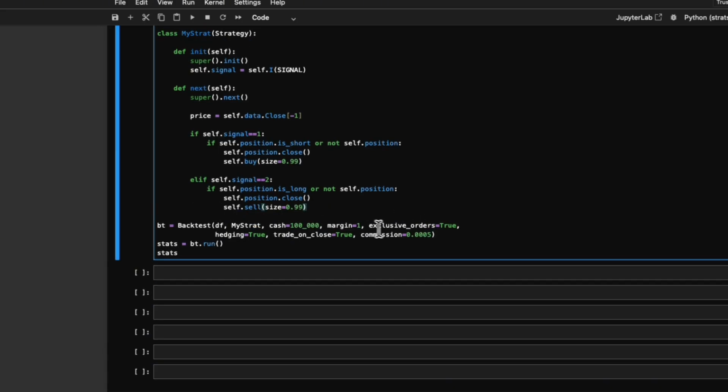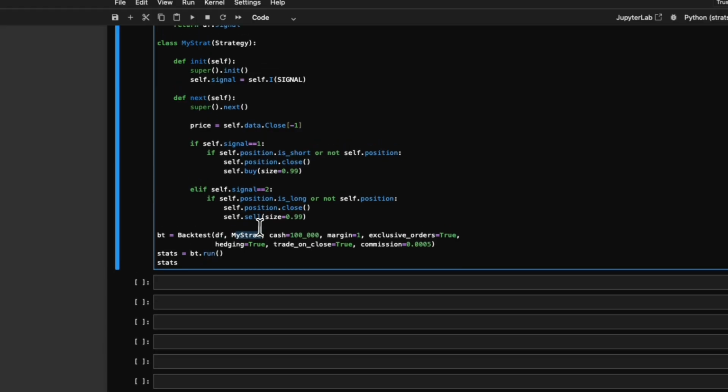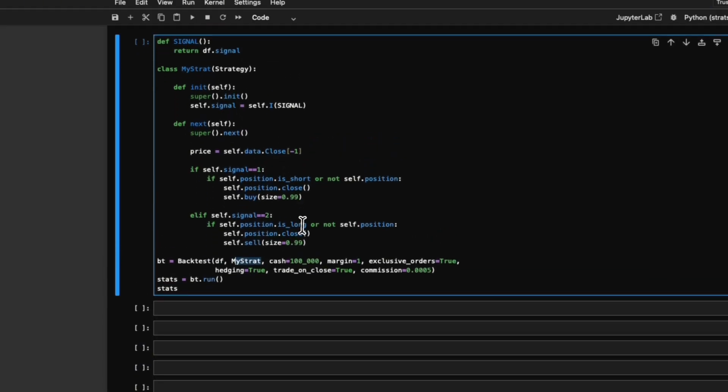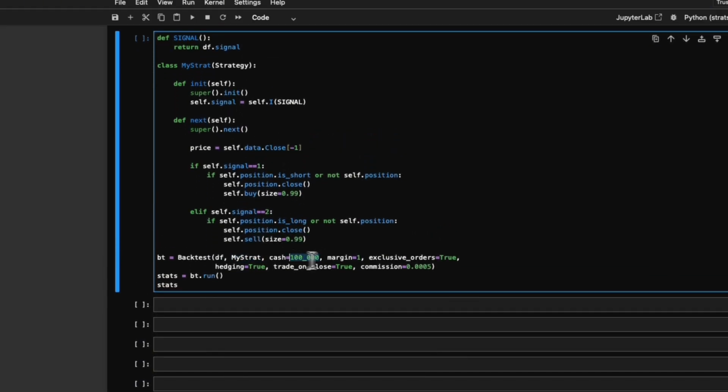And then these parts here are parameters for the backtest. So we're telling it to take the OHLC data from DF. We're going to run the myStrat strategy class that we created above here. Starting cash is 100,000. Margin equals 1 means no leverage. Exclusive orders equals true means you can only have one position open at each time. Trade on close, true, we're going to get rid of, and hedging, true. We don't need hedging because we're only ever going to have one open trade, but